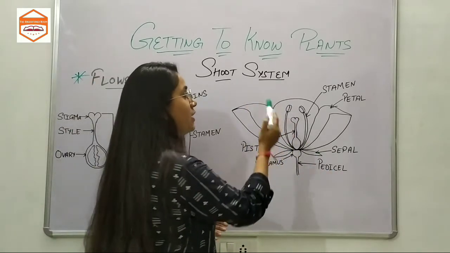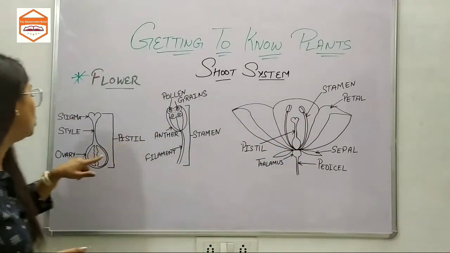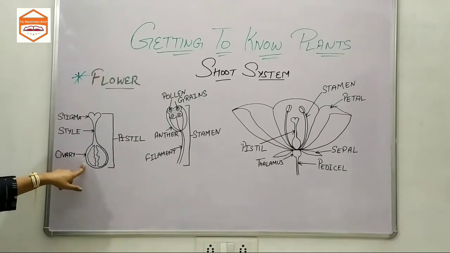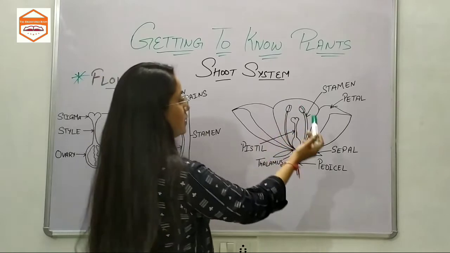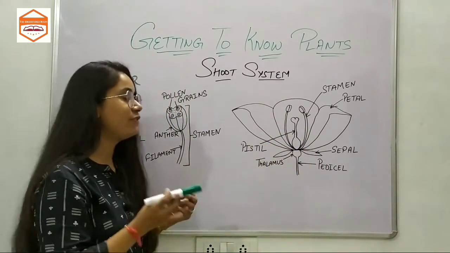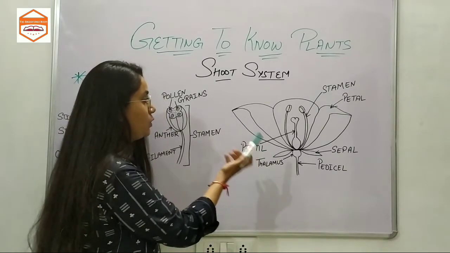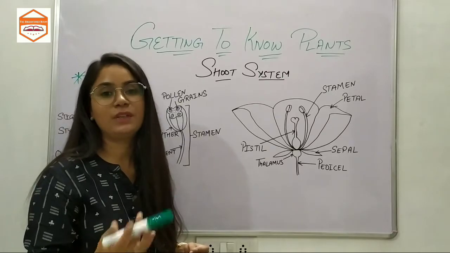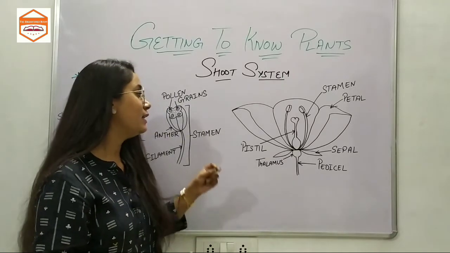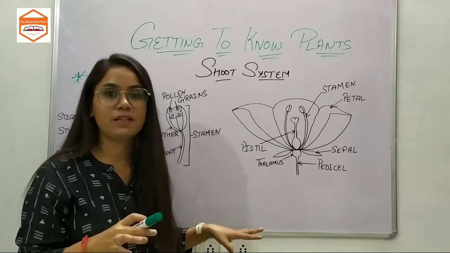Now these pollen grains contain the male sex cells, and the ovules present in the ovary contain the female sex cells. So when the male sex cells combine or fuse with the female sex cells, a fruit forms. So you all would now know how we get the fruit. Now before that, what becomes the seed, or what becomes the fruit?